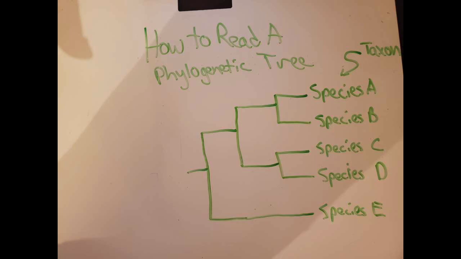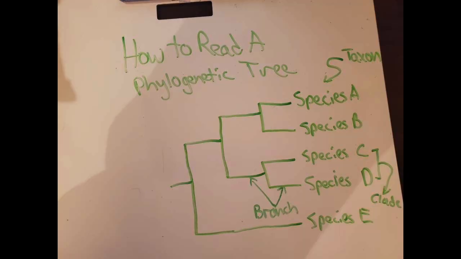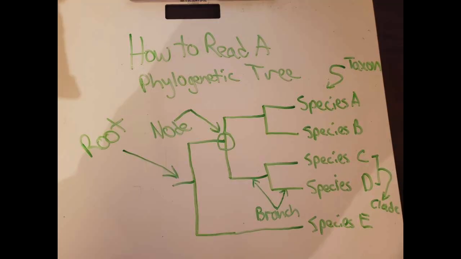Nevertheless, at each end of the bracket, a species we would be trying to map out would be placed there. This is specifically called a taxon. A species grouped together in the same bracket is referred to as a clade. The lines leading away from the clades and taxons are called branches. The area where two branches meet is referred to as a node, representing the common ancestor of the two clades' branches. Finally, the root, located at the end of the bracket, represents the common ancestor for all taxons and clades